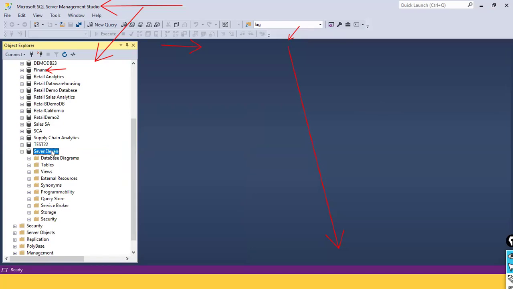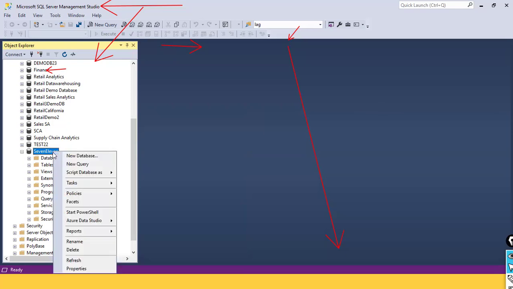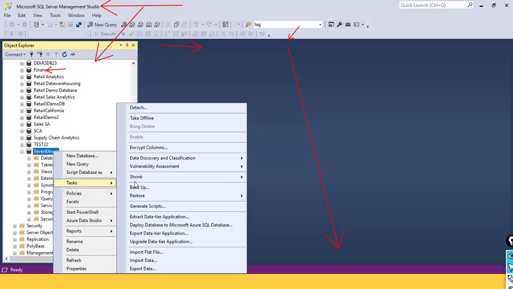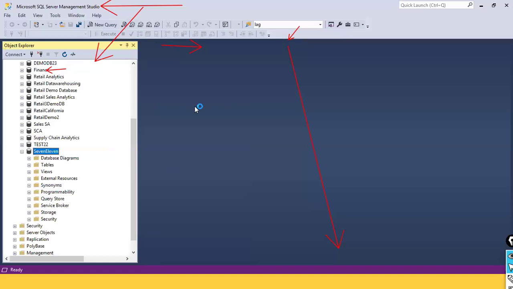I have created a database. I want to load an Excel file. Let's say my manager has given me the data in an Excel file, but he wanted me to load that Excel file data into the newly created database. How do I load the Excel file data into this one? Right click on it, and you will see Tasks. If you scroll down, you can see Import Data. I'm going to click on Import Data